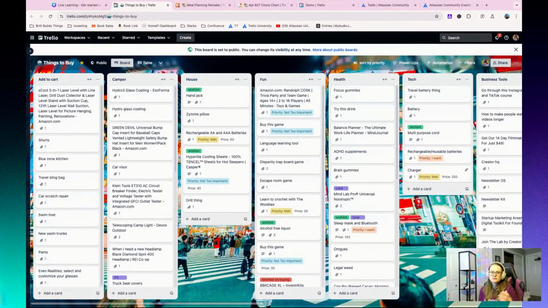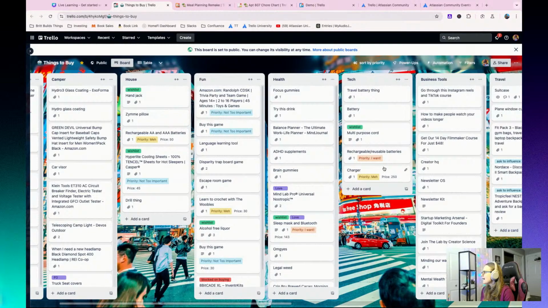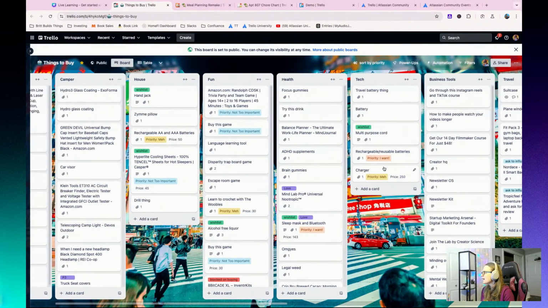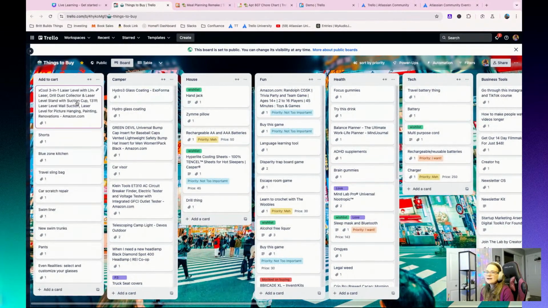Another thing I like to do is organize information in Trello. So we talk a lot about taking action in terms of making meals, doing chores, projects, whatever. But sometimes you just need to organize and keep track of information. And so, for instance, I have these different categories for when I find things online that I want to buy. I move things in here and I just sort them around.